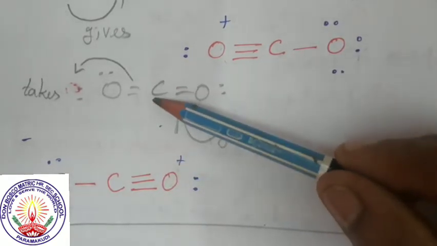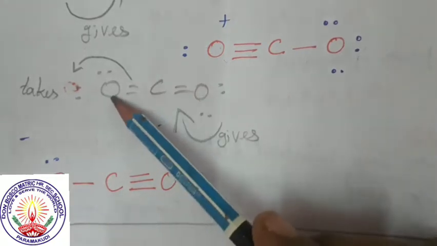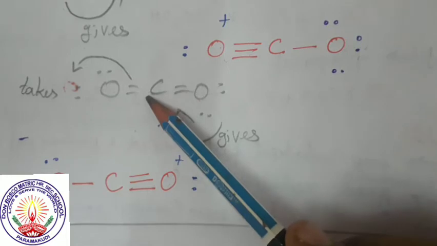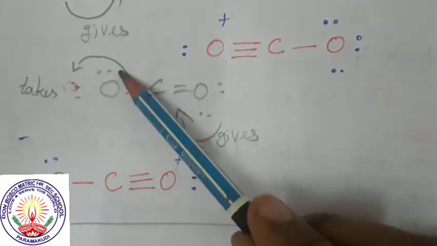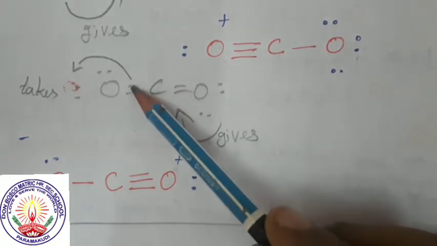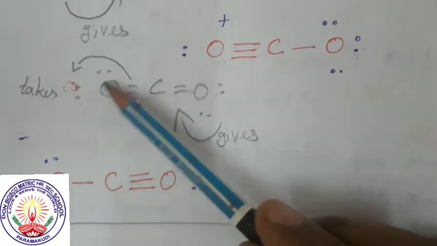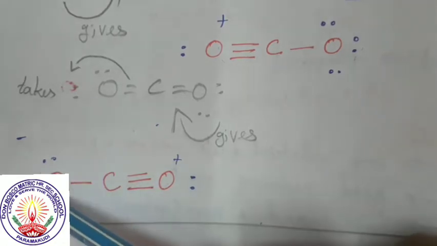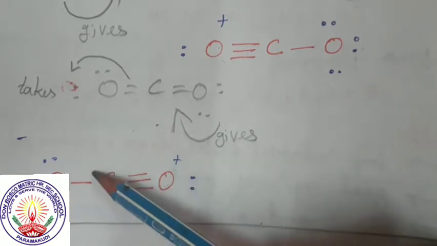And here you see this oxygen receives an electron from this bonding. So therefore already here they have 2 electron pairs. So that is 4 electrons. Now this bonding electron is taken by this oxygen. Therefore they will have 6 electrons, 2, 4, 6. And this double bond will become a single bond here.